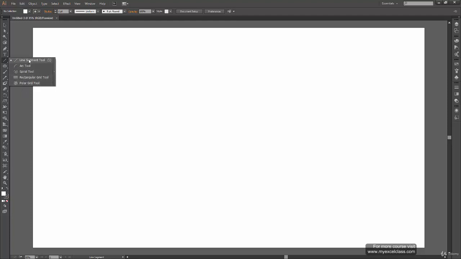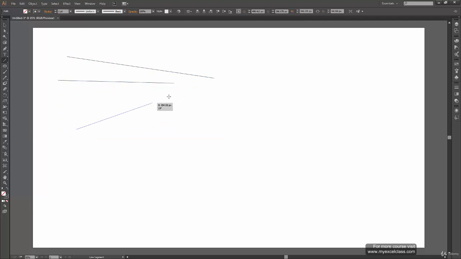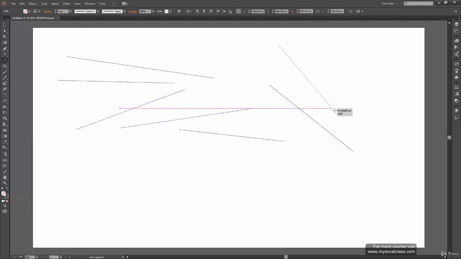So from this window, you get some further tools which are available under this tool. So you can select any of them you want. I'm going to select the line tool as of now and click over here. Now the usage of the line tool is very simple. All you are going to do is click and drag on your artboard or on your canvas and you will get your lines. So it's really simple. Like I said, just click and drag to create multiple lines.